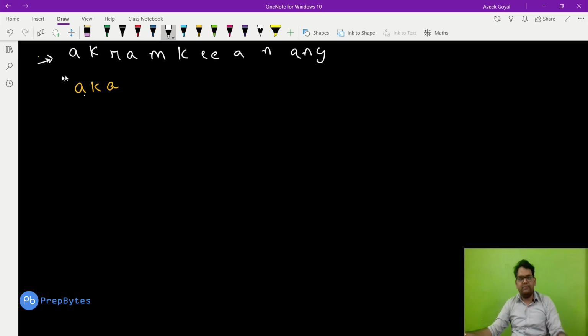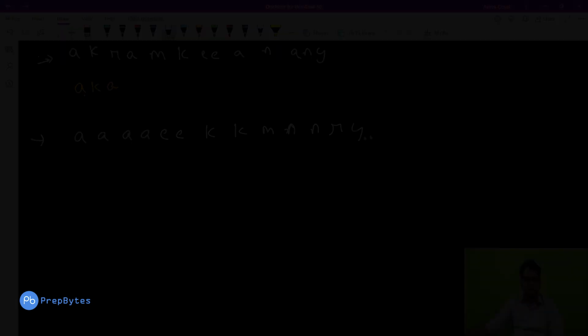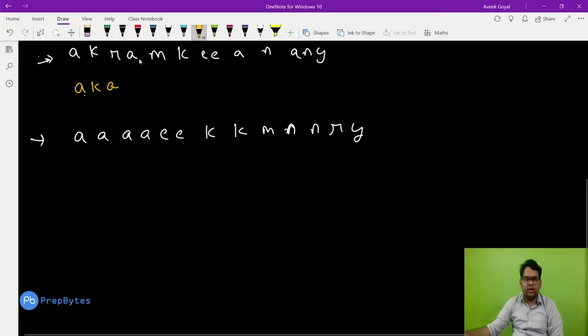If this pattern was not given to us and they asked for the lexicographically smallest anagram, that means they are asking for the sorted string. So if we just sort the first string, we will get this string, the lexicographically smallest anagram of S, the sorted string.